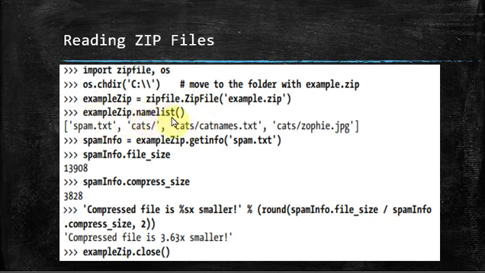This method returns a list of strings for all the files and folders present inside the zip file. These strings can be passed to the getinfo function,